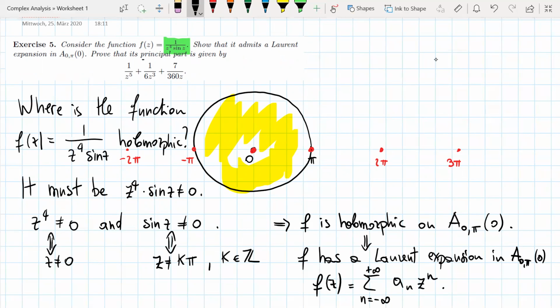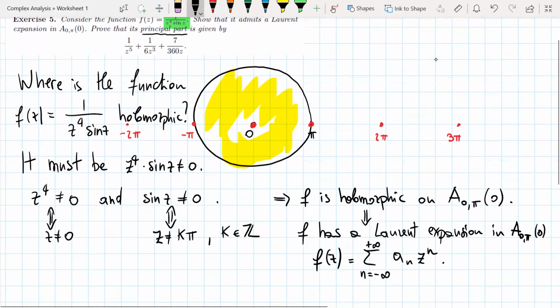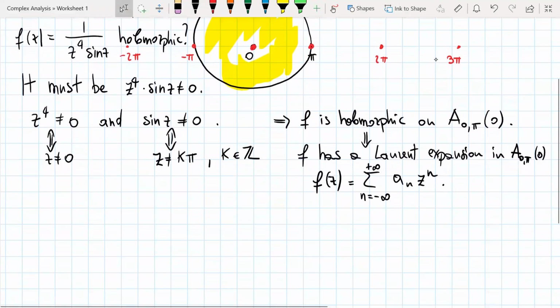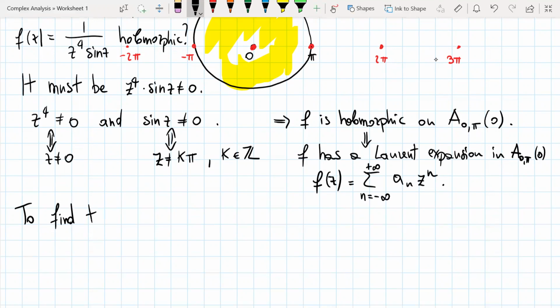So now we want to find the principal part of this function f, and to show that it's equal to the formula given there. In order to do this, we have to go back to the formula for f, and I now want to expand sine of z in a power series around 0. So to find the principal part,